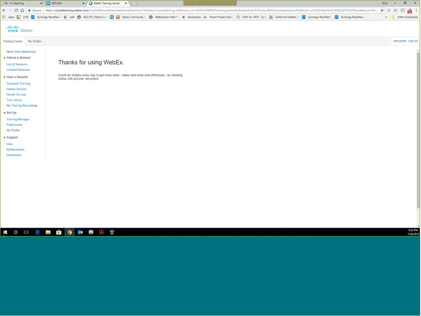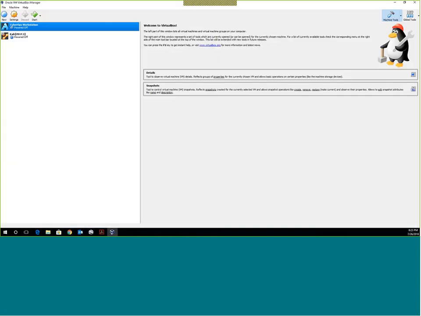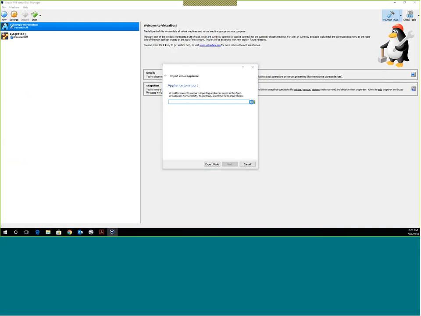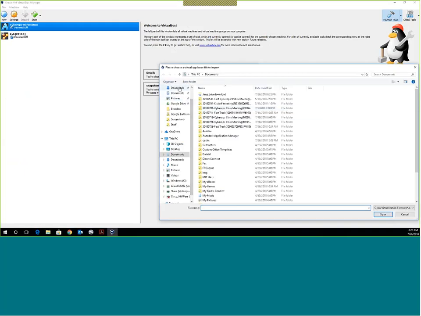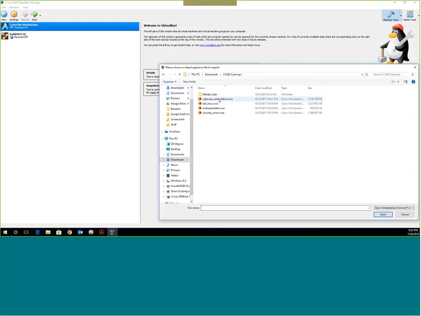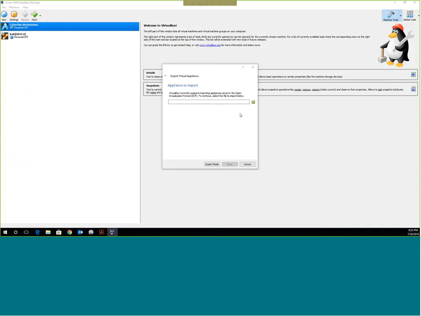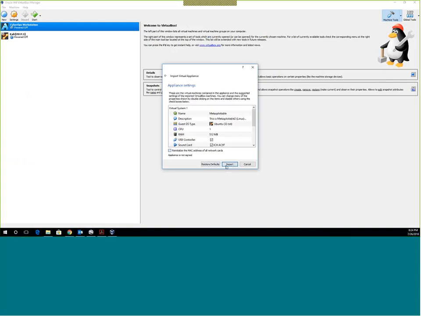All right, so we've got this one. Kali is now installed. And we'll go in here and go File, Import Appliance, and same thing. And again, this is not rocket science. I know y'all can do this, but I still want to walk through it. Okay, there we go. Reinitialize, import.